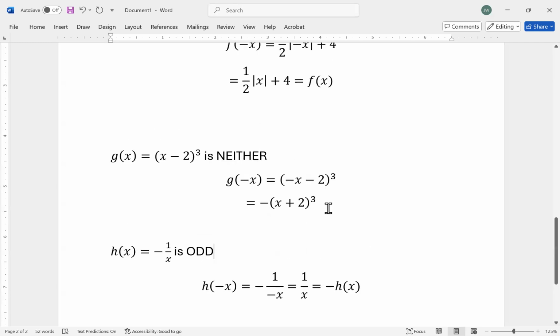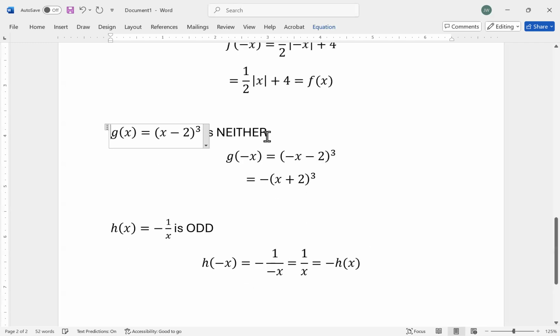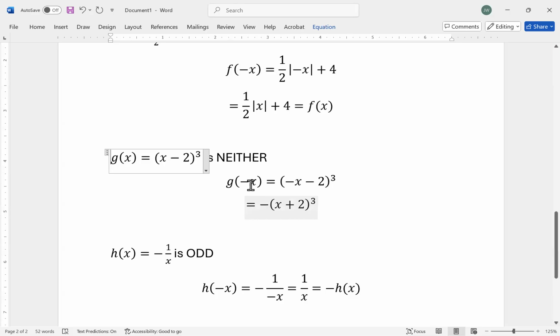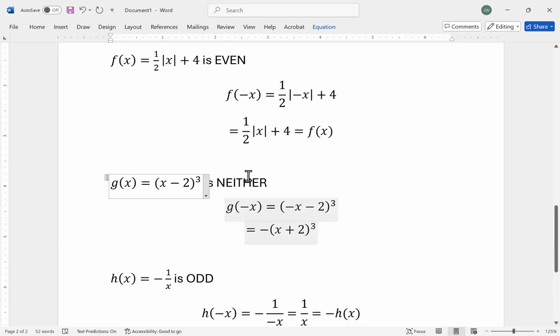I know on these past examples, we went even and then neither and then odd in that order on both of them. Don't get thrown off by that. Obviously, that's not always the case. But this shows you how to do this